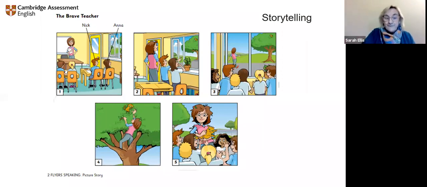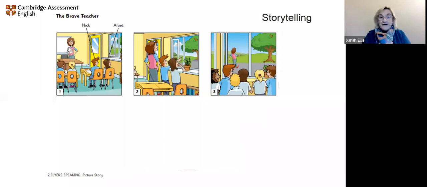I also take away some of the pictures and say, okay, let's have a look at the beginning of the story, and what do you think happens next? So the teacher goes out into the garden, the cat's in the tree. What do you think happens next? So let's get them using their imagination, and of course being involved more in the story, and then perhaps telling the